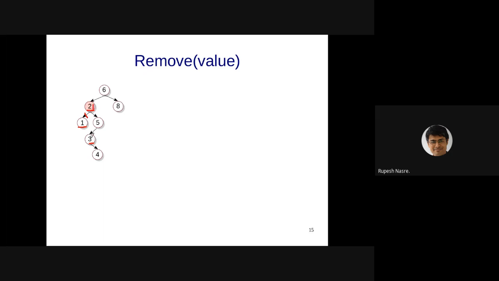Whereas in this case, you will have to make 5 point to 4 after removing 3 and moving 3 here. Right, so there is some slightly larger amount of work that needs to be done. It doesn't change the complexity, it just changes the absolute running time. So you can think of having a hybrid strategy which chooses between the right subtree's node or the left subtree's node accordingly. Murari says, but is replacing 2 with 3 more beneficial for the future?